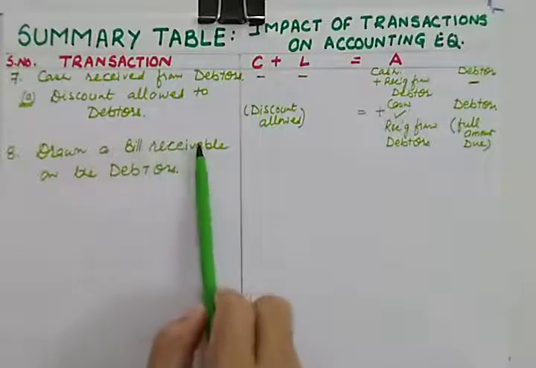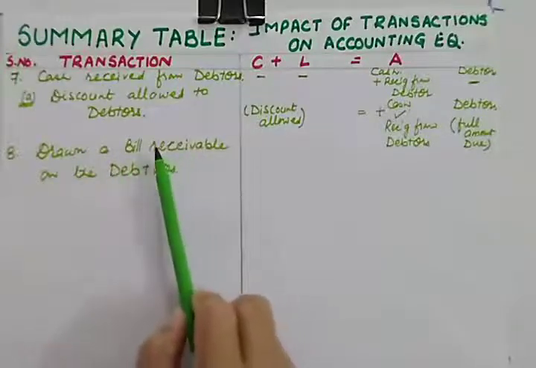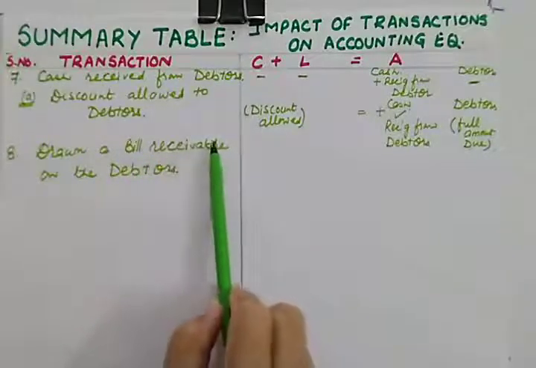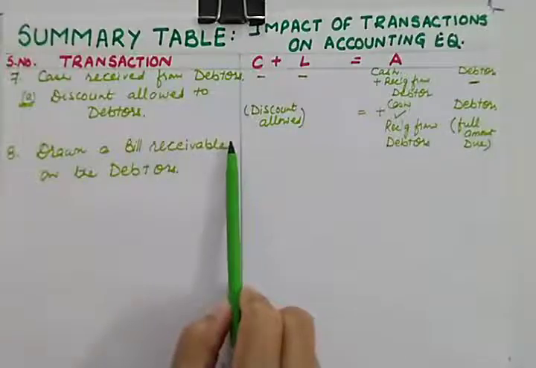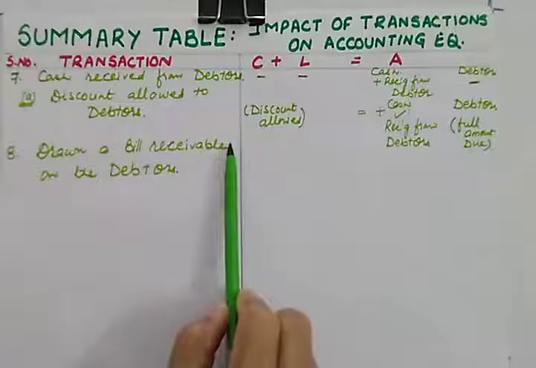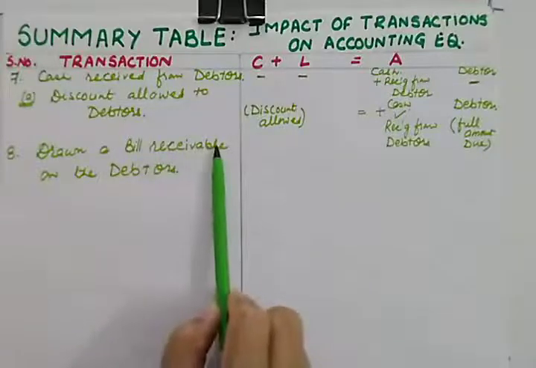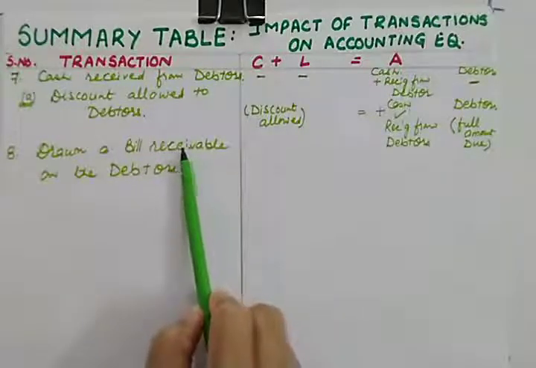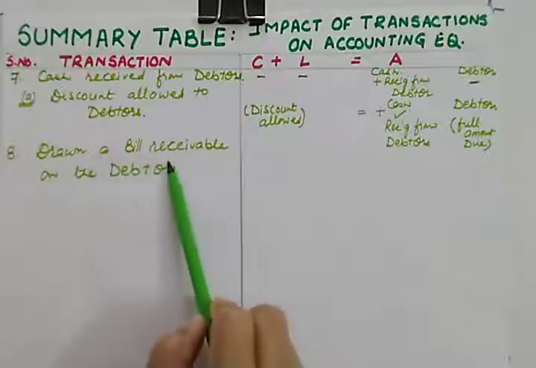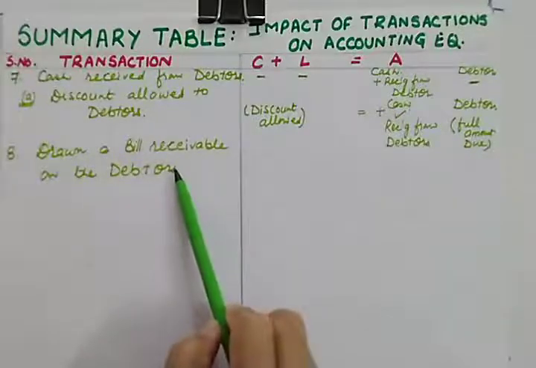But when you issue bills receivable to a debtor, this bill receivable will give each and every term and condition to our debtor, that he will have to make payment within 2 months or 3 months, whatever is written on the bill. So just to make him time bound, we draw a bill on our debtor. Who is a debtor? He is our customer from whom money is to be taken. So we are making him time bound.